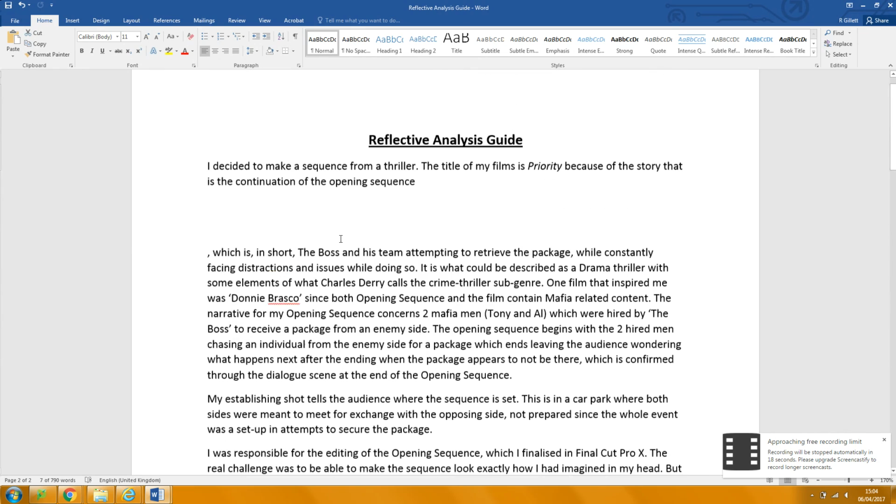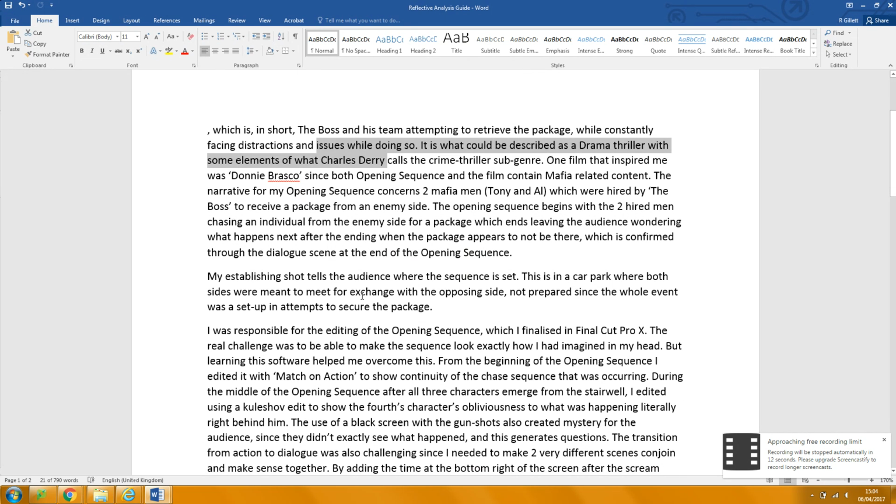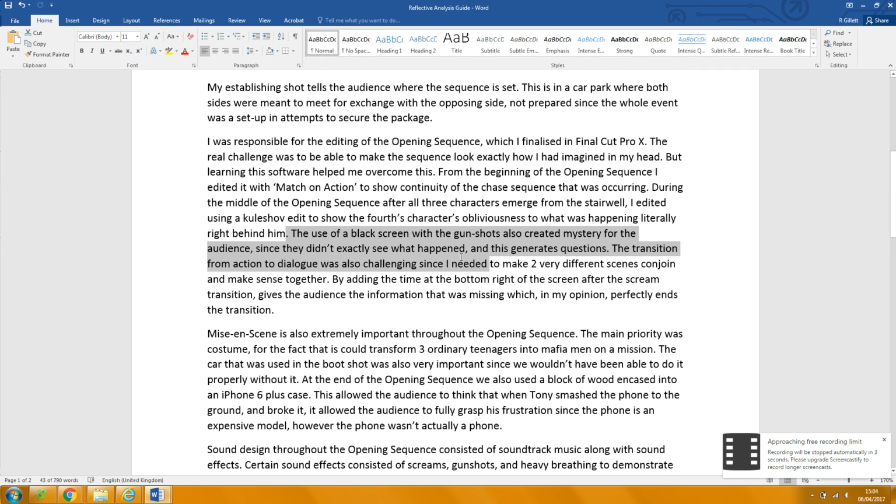Yeah, good, okay. So, a couple of bits of theory in there, sort out the Charles Derry, use the Kuleshov if you want, definitely put the Hitchcock MacGuffin in, and definitely put the Barthes Enigma in wherever you talked about the black screen. Lose the capitals very